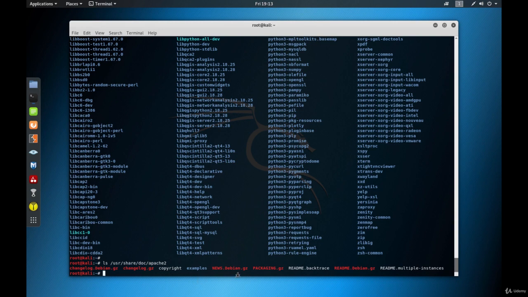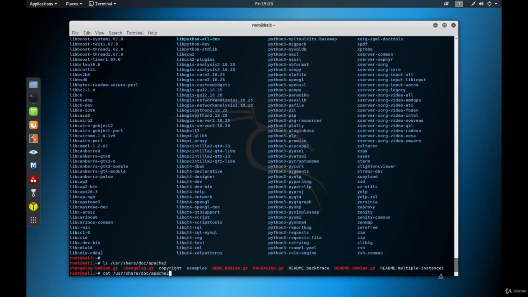There are multiple READMEs here. This is NEWS, this is README for backtrace, and this is README for Debian, and README for multiple instances. So read that. So let's try to do this, and then I'll do cat,